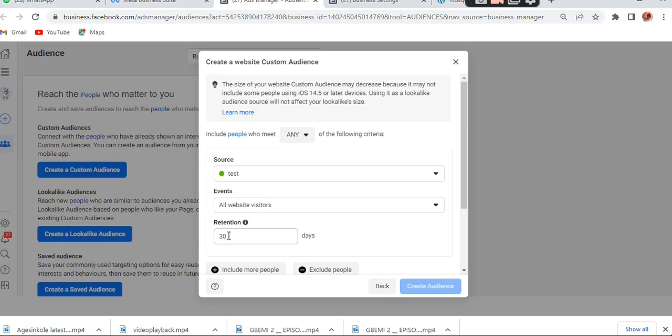Actually, Facebook will limit it to only 30 days, but you can change it to 180 days, which means they will track people that visit this particular pixel, everybody that visits the website where I put this pixel, they will track them for the number of 180 days, which should be around 6 months or thereabouts, right? So from there, if you keep on running ads, it will keep on adding people to your